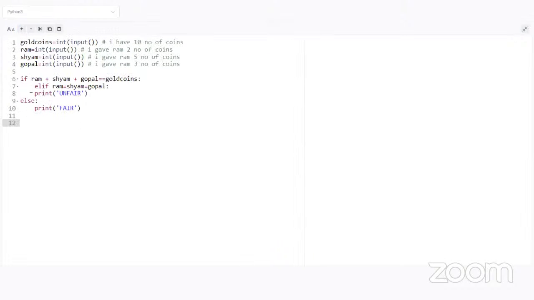Actually, I just used this if elif and this one. See, the problem is with line number 7. In the elif on line number 7, Ram equals Sham, the double equals should be there. And then in line number 8, the indentation is missing. Should it be here? Didn't you check for the negative case also? You didn't check for the equal to 0 case also, right?